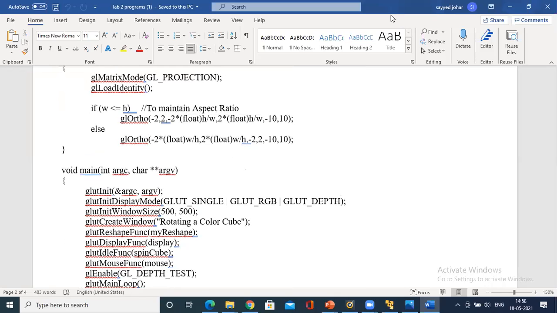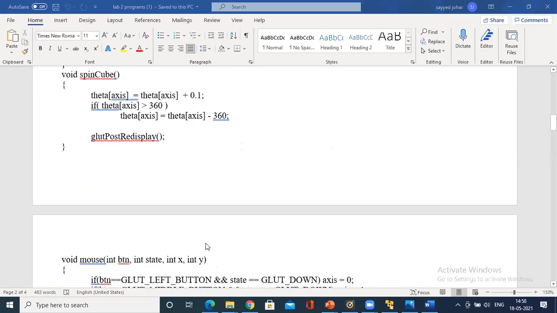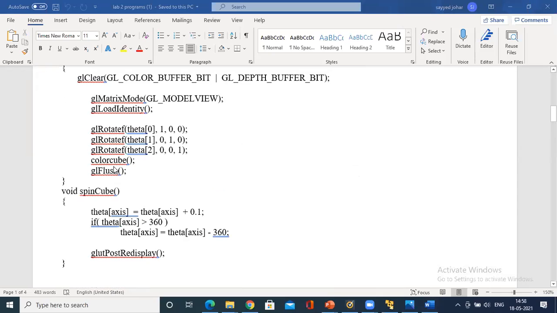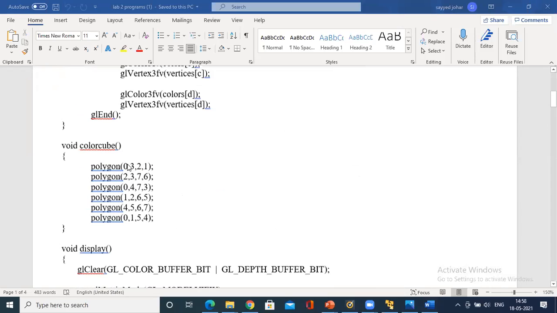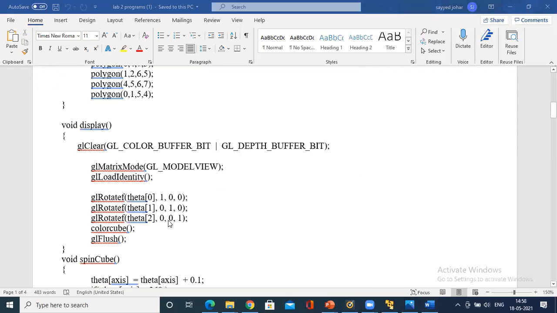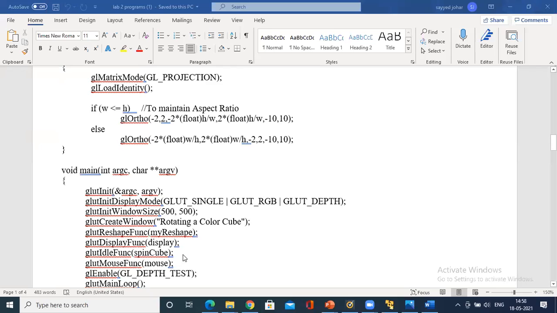Now you are going to provide a certain sort of animation, that is, rotation. So the color cube has been called. Into the color cube, draw the polygon. Now it is being drawn.